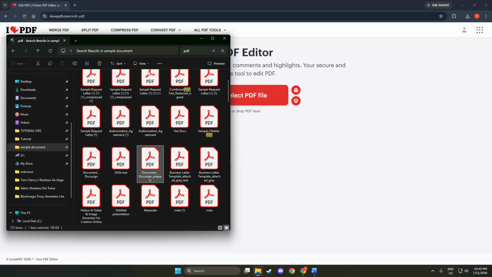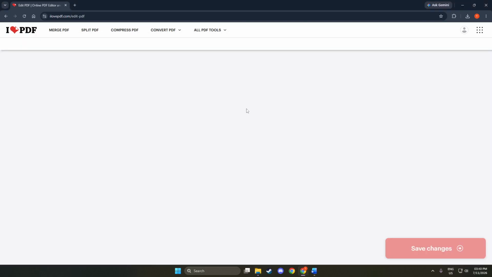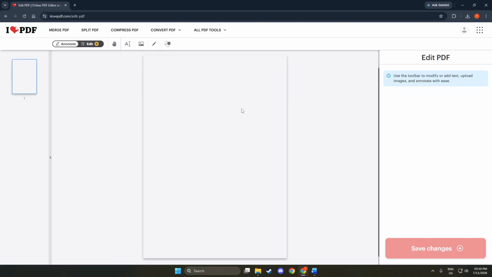After the upload is complete, click the Add Image icon in the toolbar. You will find this icon typically located at the top of the editing interface. This icon is often represented by a picture symbol, and clicking it will open up more options for image selection. This step is significant because it allows you to import images directly into your PDF document, enhancing its visual appeal.